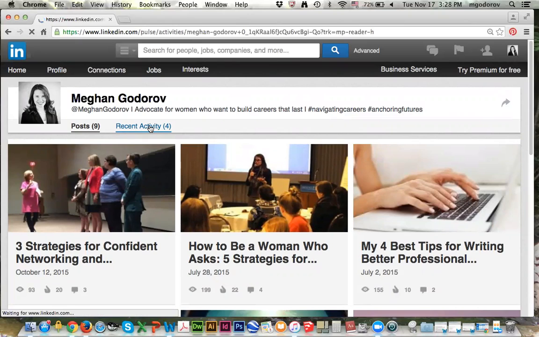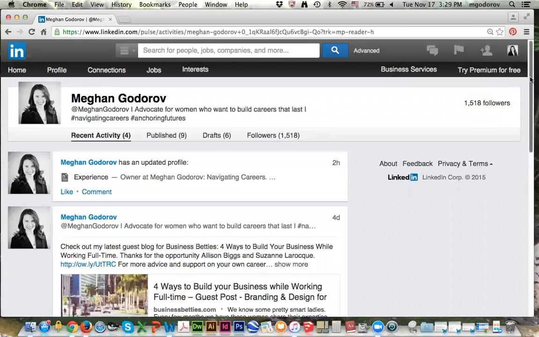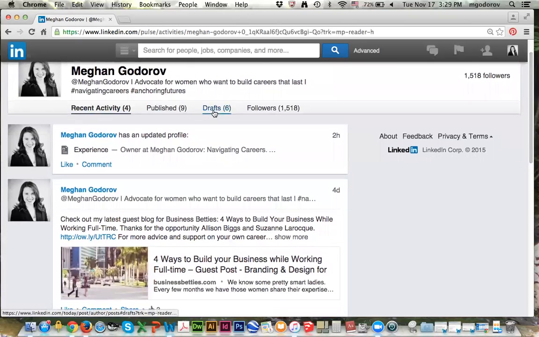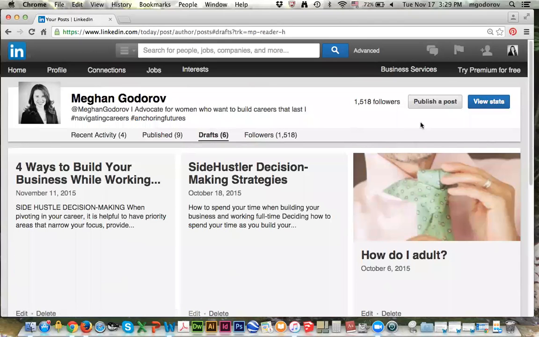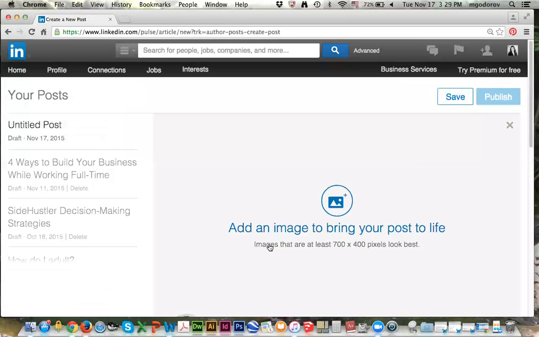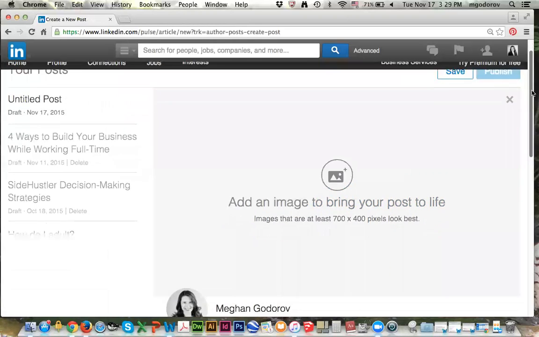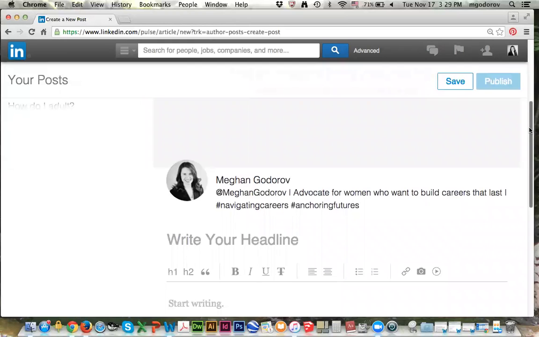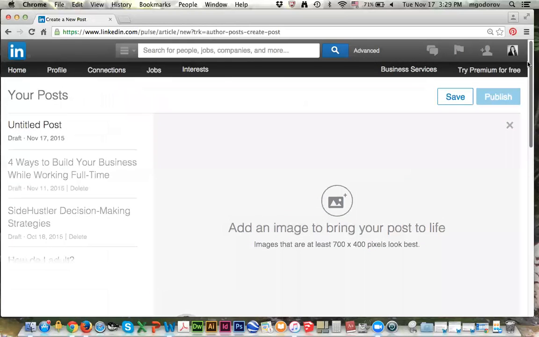So if you wanted to actually create a new one, you would go to recent activities, and then here's the section where you can create a draft. So if you feel like you really want to do that, you publish a post, and then here you are in your posts section. I think it'd be a really great tool. So I just wanted to show you that this happens, and this is a way that you can share